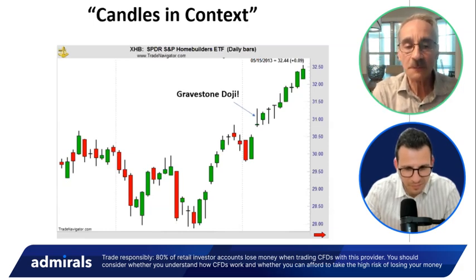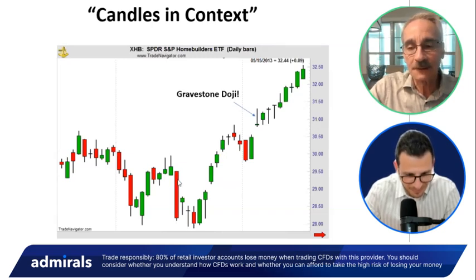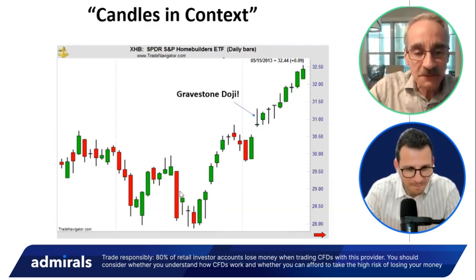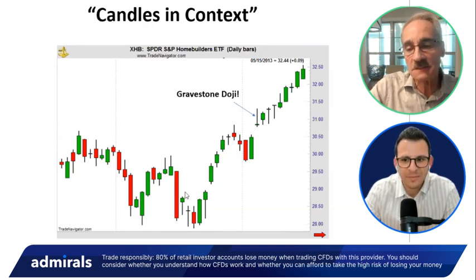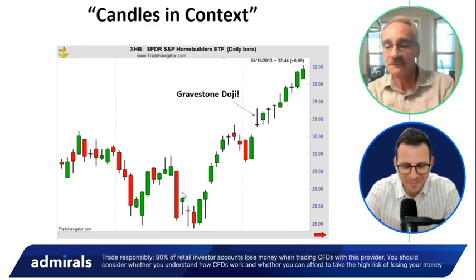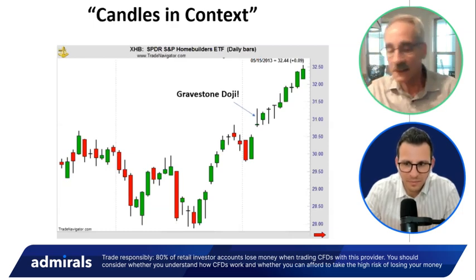Let's imagine there's a bullish engulfing pattern, but right above it there was a falling window. Let's imagine there was a gap down, and the gap is over here. There's a falling window, and you have a bullish engulfing pattern. It's kind of the flip of this. Why would you sell at support? Here, if the bullish engulfing pattern is near that falling window's resistance, why would you buy at a resistance area? So that's what I mean. Just look at where it appears. Candles in context are really, really important.